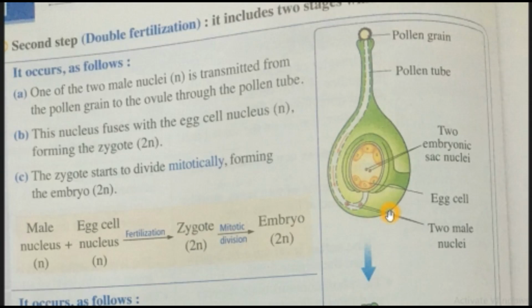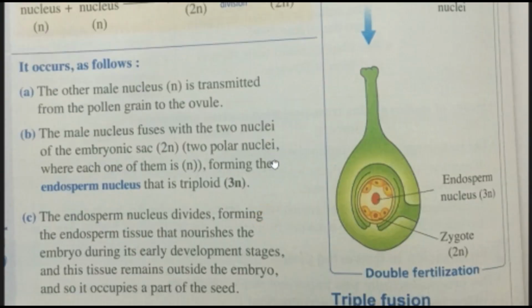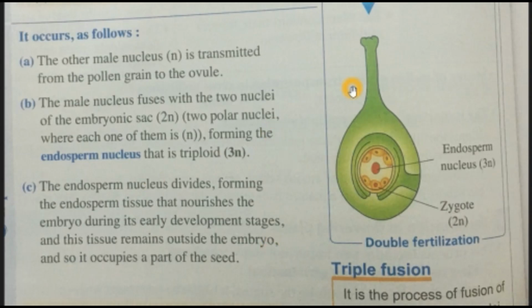So the two male nuclei are transmitted from the pollen grain to the pollen tube, and the tube nucleus will degenerate. Then the generative nucleus divides mitotically, and one of the two male nuclei will fertilize the egg cell to form the zygote. When the male nucleus N fertilizes the egg cell N, this is called fertilization, or double fertilization, to form a zygote with 2N. Then the zygote undergoes mitotic division to form the embryo,